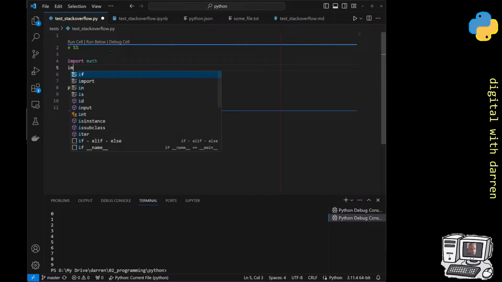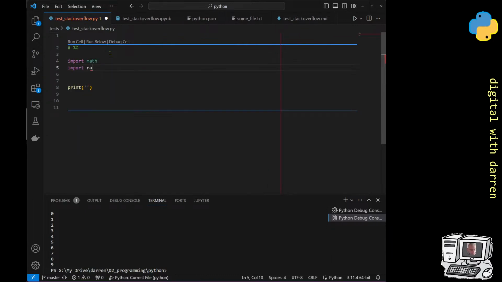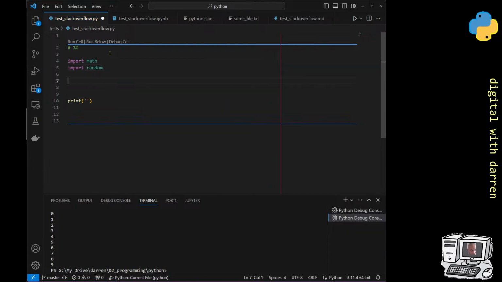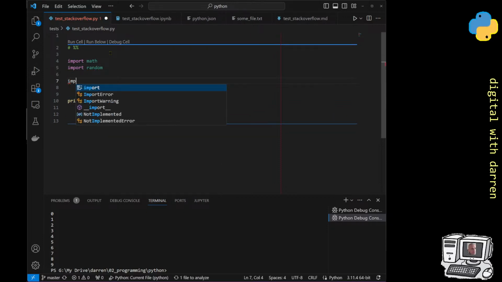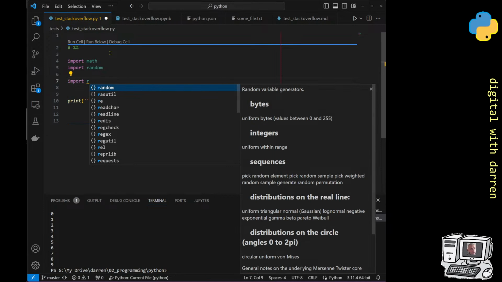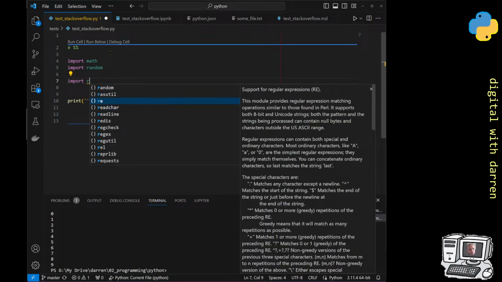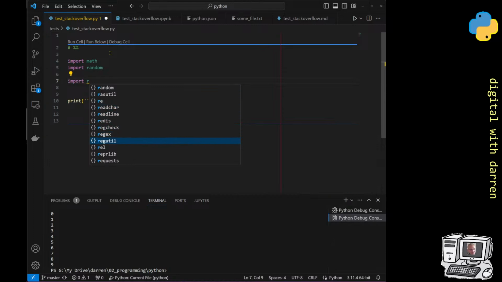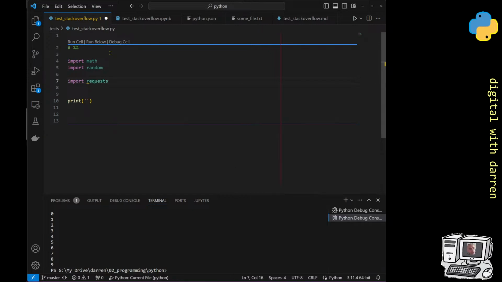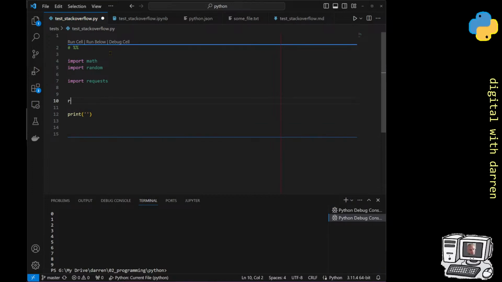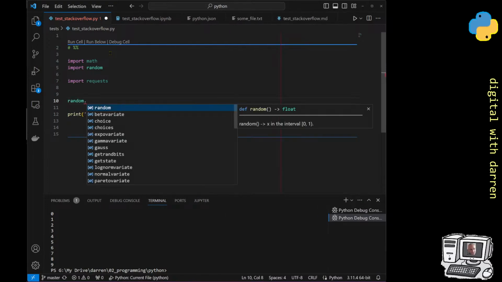But I could have done imports. I could have imported another module like random, and it automatically recognizes that random is an available module. And if I did import and then R, there'll be other modules that begin with R, like re for regular expressions, and some other ones. Requests is a popular module, but that's one that you have to download. So I could import the requests module, but anyway, I can do random and then dot, and it exposes all